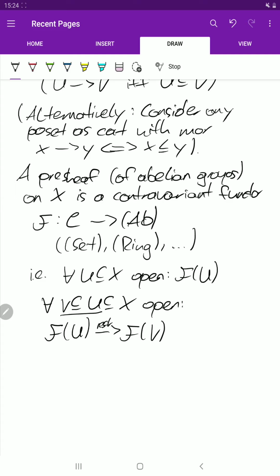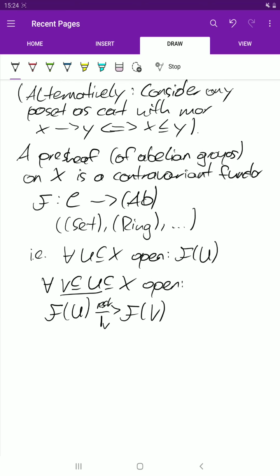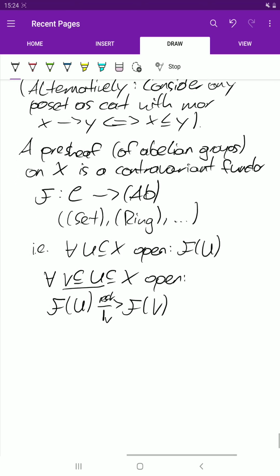We'll see later why we call it restriction, or we might just write the restriction symbol with the set we restrict to, in this case V. And so we have this morphism, and this morphism has